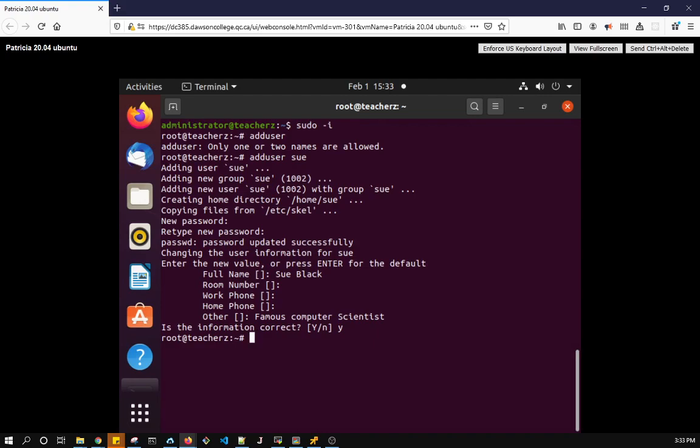So now I have the user Sue. What I want to do is make sure that this user is an administrative user, so I want them to have sudo access. The way that I do that is by using usermod. Adduser is pretty self-explanatory, and usermod, I guess, is also self-explanatory: we changed users. So if I look at the man page for usermod,